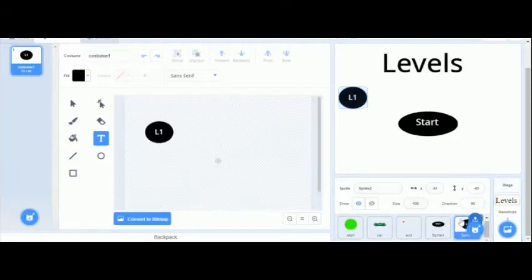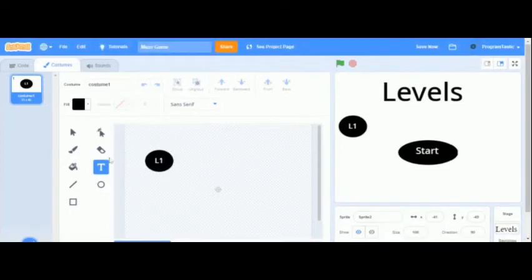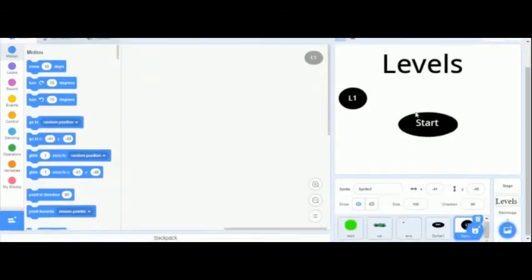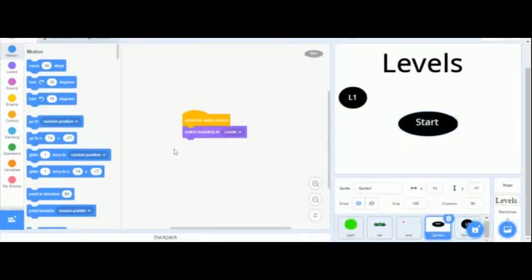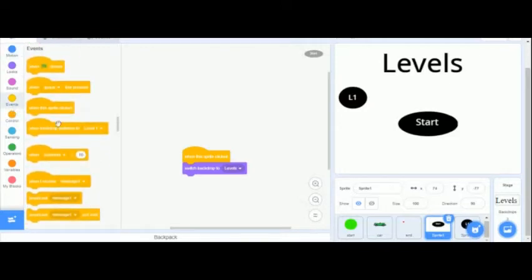There we go. So level 1. Now when it goes to level 1, we need to make it so that you can't see the start button anymore. And we also need to make it so that you can press on this and it will go to the first level. So we're going to go back here, and what we're going to do is go to events. So if the backdrop switches to